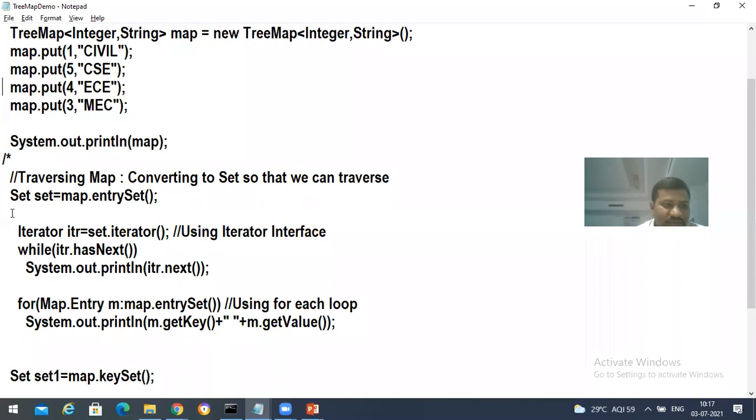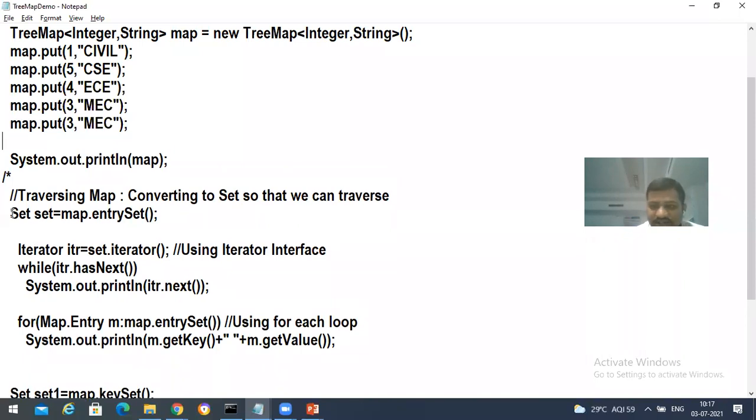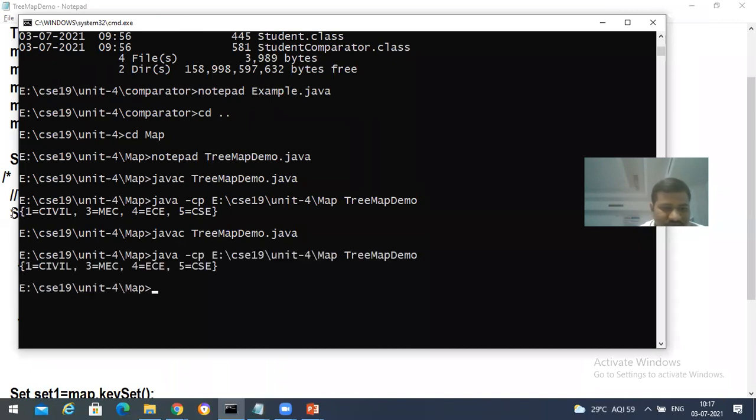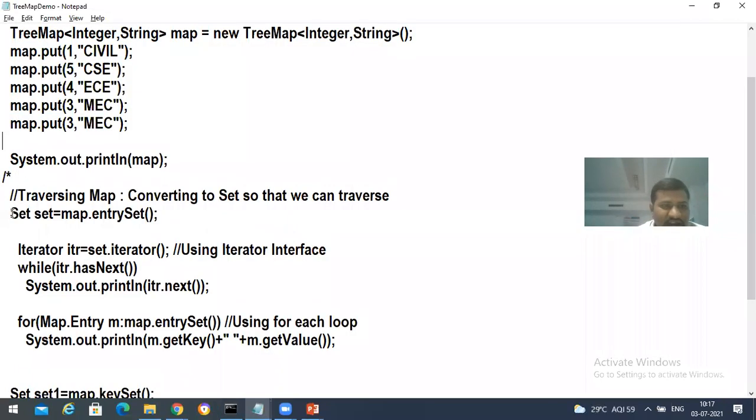If you are trying to insert duplicate values, it doesn't take them. So let's see whether it generates any error or not. If you are trying to insert duplicate values, it doesn't accept the duplicate values.